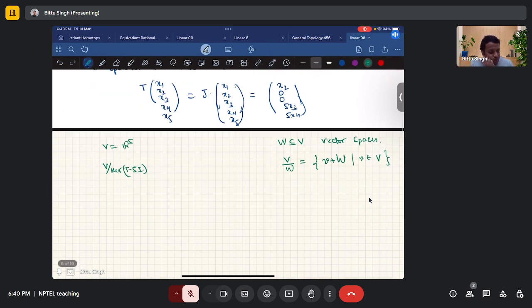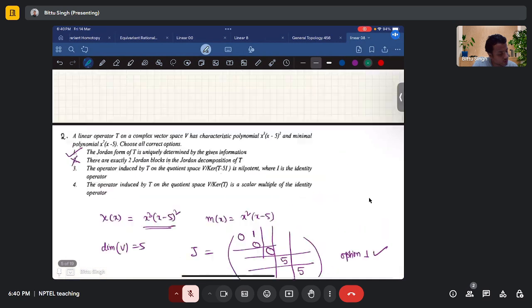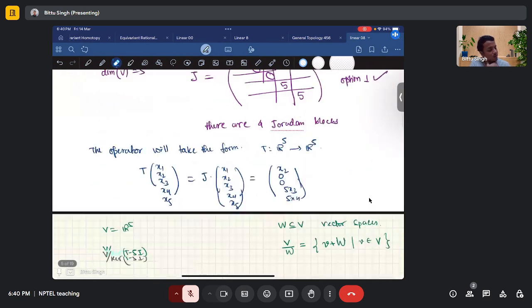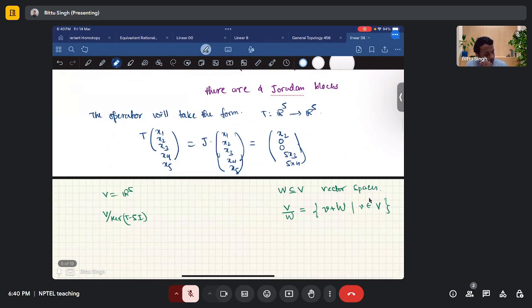Now we need to see what V mod kernel of T minus 5I is, and what is the form of the operator T on this quotient space. So first, let us see what the kernel of T minus 5I is. From here it is actually clear that the kernel of T minus 5I,